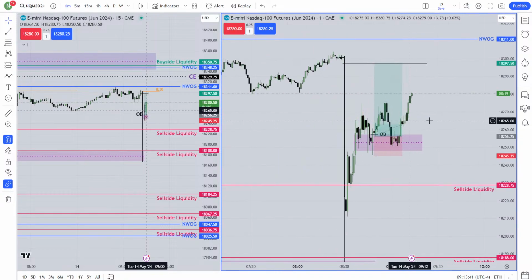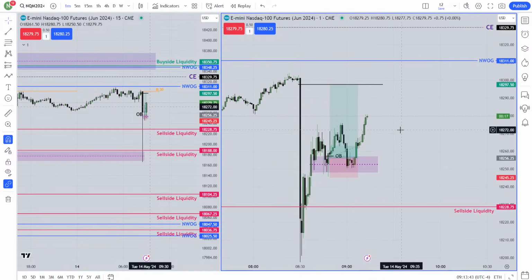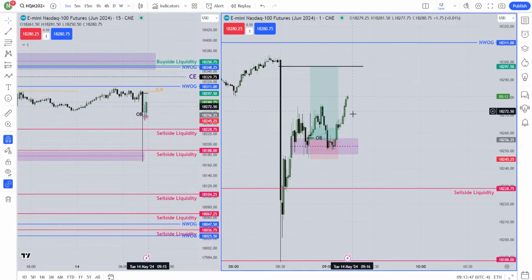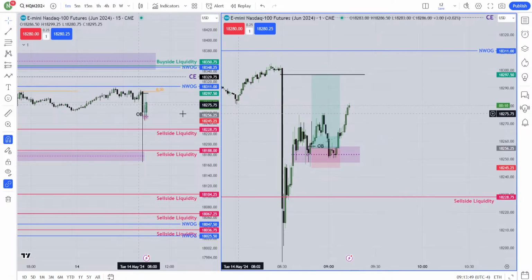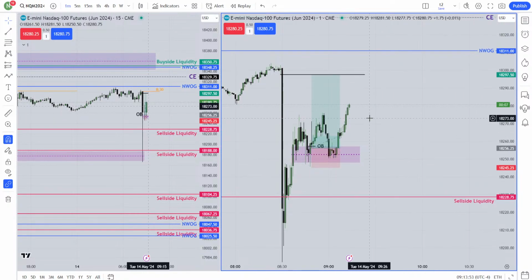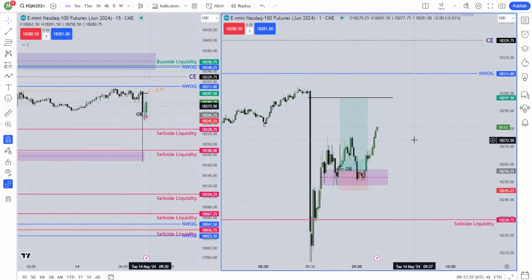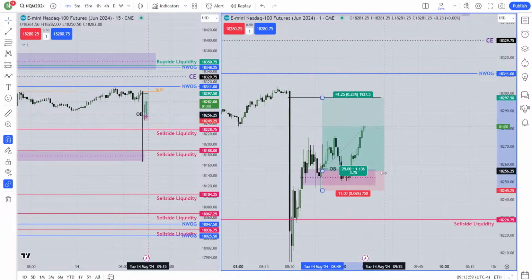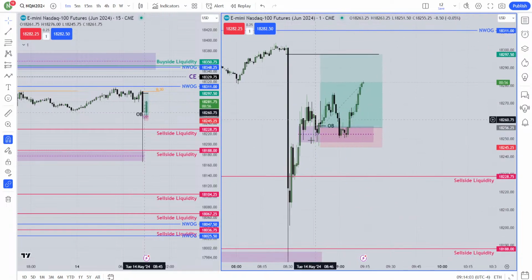Instead of that, I'll just let the price go over there. If I want to trade, I will better wait for a 15-minute bullish fair value gap. If the market can make a 15-minute bullish fair value gap and then trade it, I will be interested to take a buy. Otherwise I have no courage, no braveness, to push my button in this area.